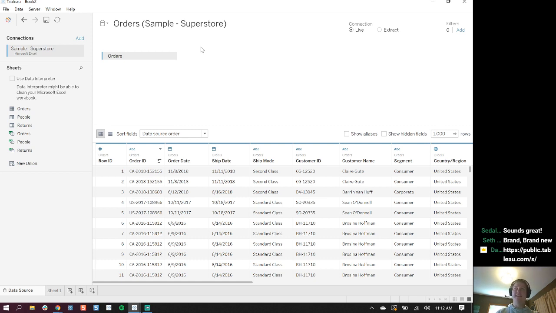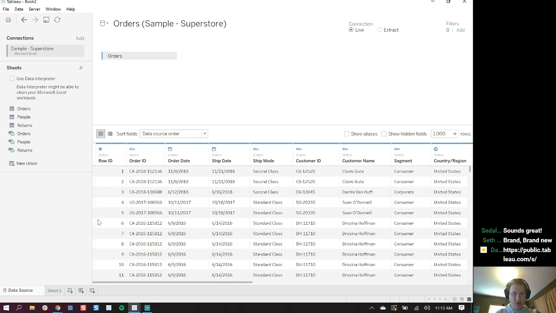One thing I do like to call out, if you are new to Tableau, is that Tableau is a read-only tool, meaning that any of the changes that we make to the data here only live in Tableau. We're not actually changing the underlying data set. Most of the time, that's a good thing. There are some situations where we do want to change the underlying data source, but most of the time we want to make sure, and Tableau will, that we don't change anything in the underlying data. For example,